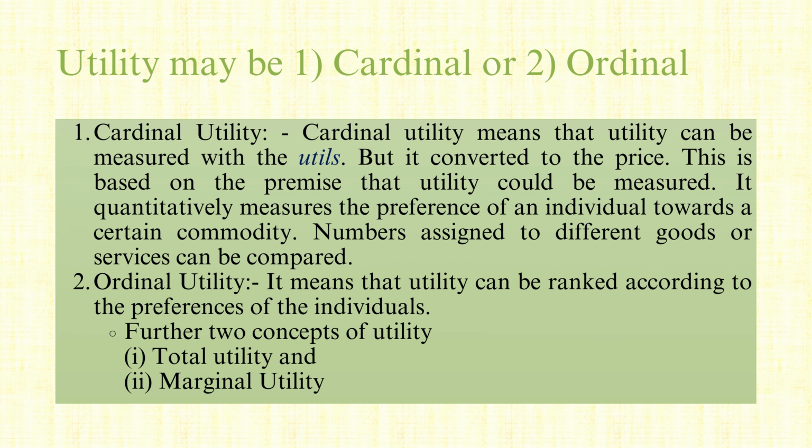There are also two important concepts related to utility: total utility and marginal utility. Total utility is the overall satisfaction you get from consuming a certain quantity of a good. For example, if you eat 3 apples, the total utility would be the sum of the satisfaction from each apple. Marginal utility, on the other hand, is the additional satisfaction you get from consuming one more unit of a good. So, the third apple you eat gives you some extra satisfaction, but probably less than the first apple because you're